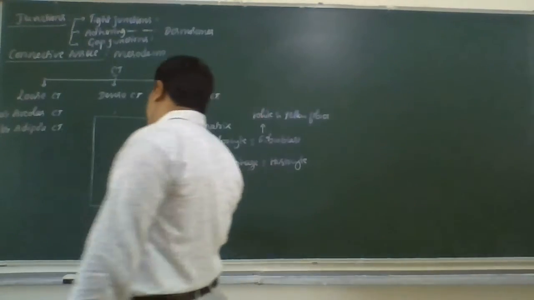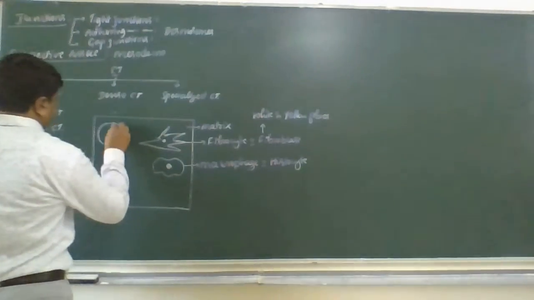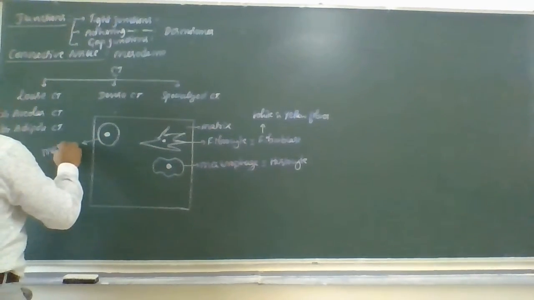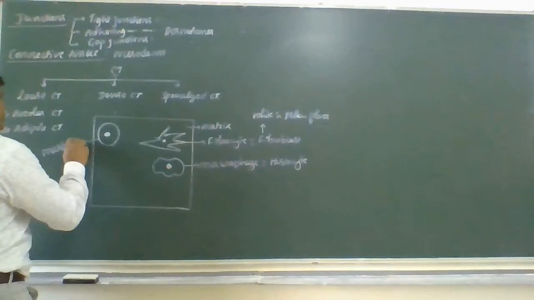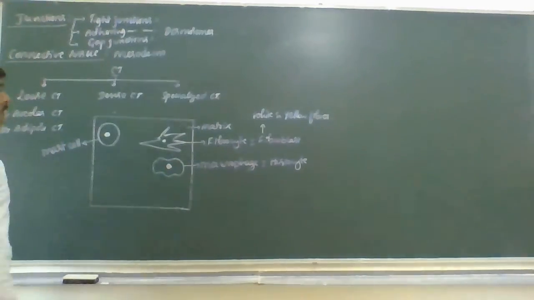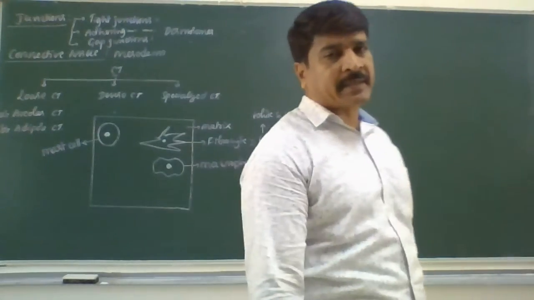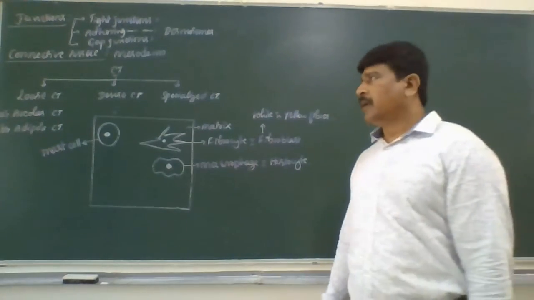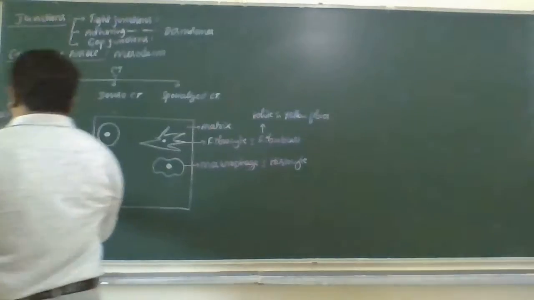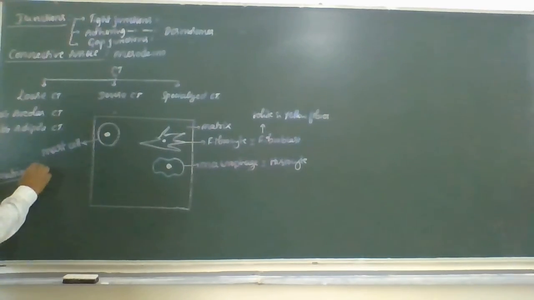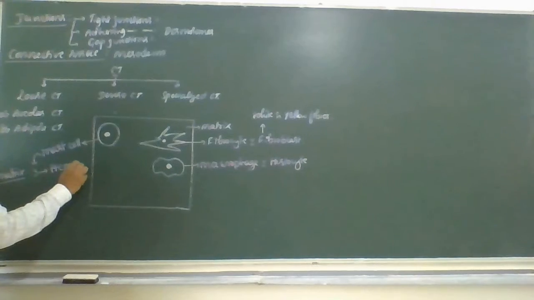Next, let us come to the mast cell. Mast cells are spherical or oval shaped cells with small oval nuclei. These mast cells secrete the matrix, and they also secrete three secretions like heparin,